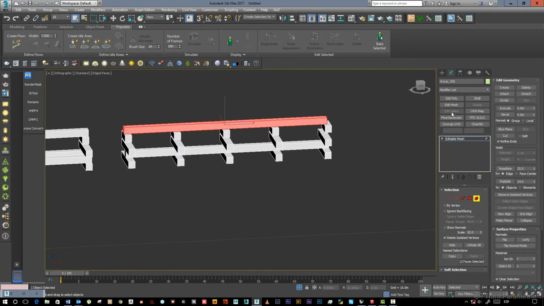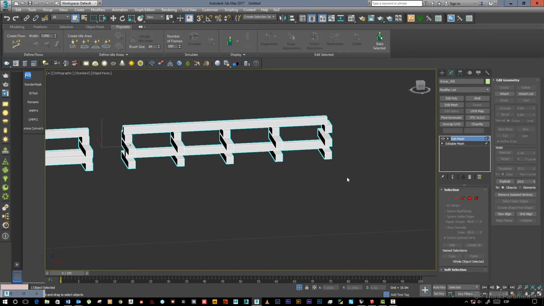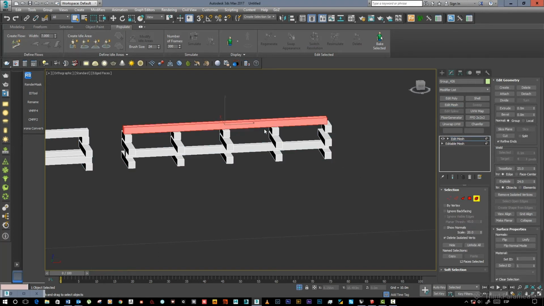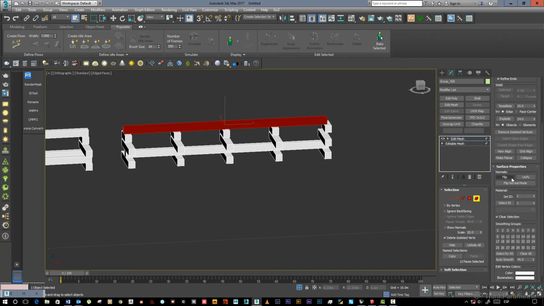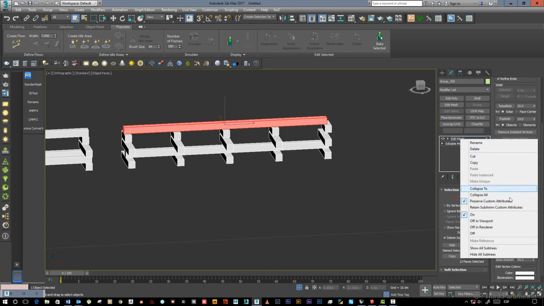So you turn the whole object into a mesh, and if you try to flip the normals in this object, you can't. Okay, you add an edit mesh to that. Once you have that edit mesh there, you select and flip the object, it will be possible to flip it, and then that's it, you collapse everything.